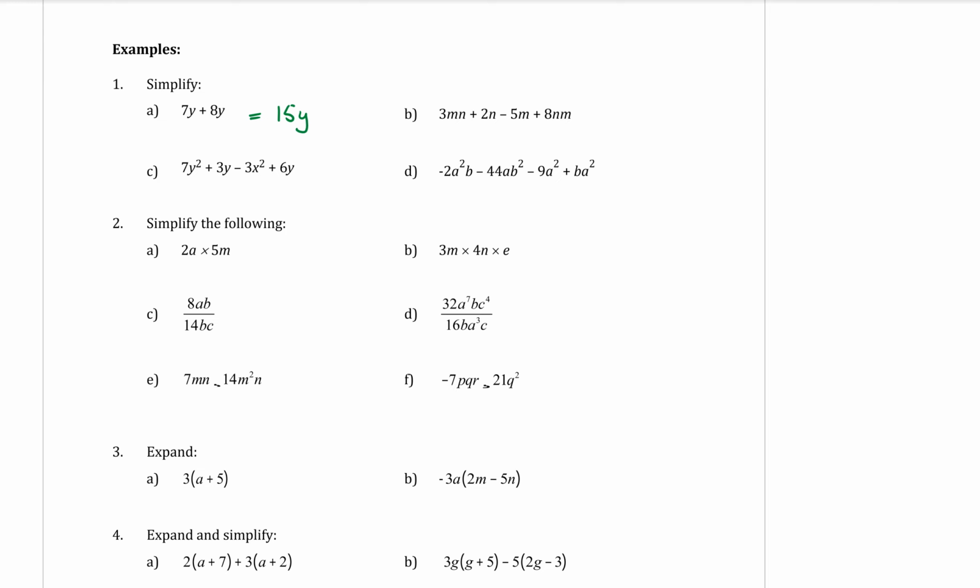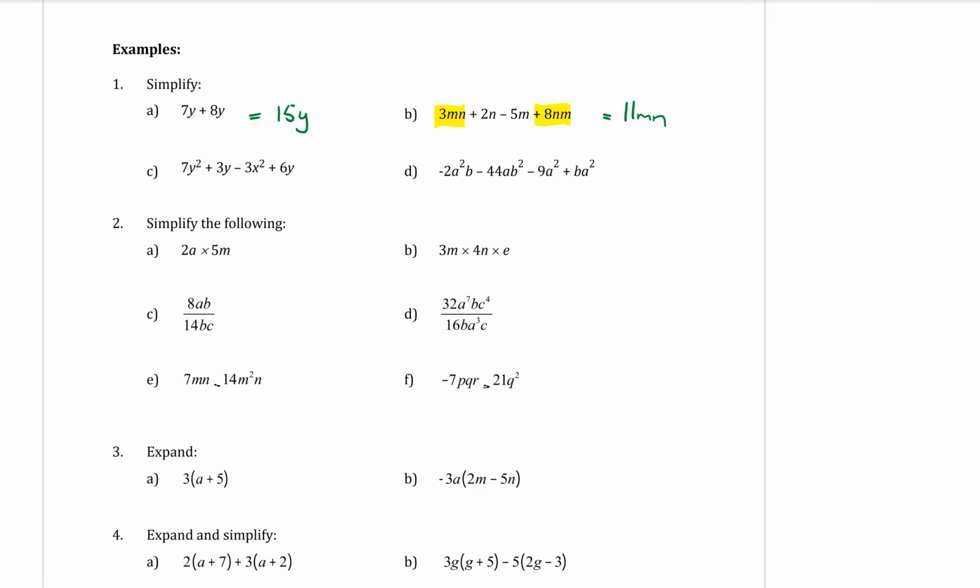In B, 3mn + 2n - 5m + 8nm, looking for like terms. An mn is the same as an nm. Don't get tongue-tied saying that. Even though the letters are in different order, they have the same letters. So they can be collected. And notice when I highlight, I always take the symbol in front as well. So the 8, I highlighted the plus as well, because that means I need to do 3 plus 8, which makes 11